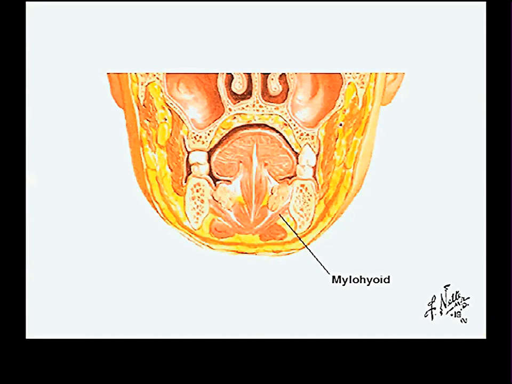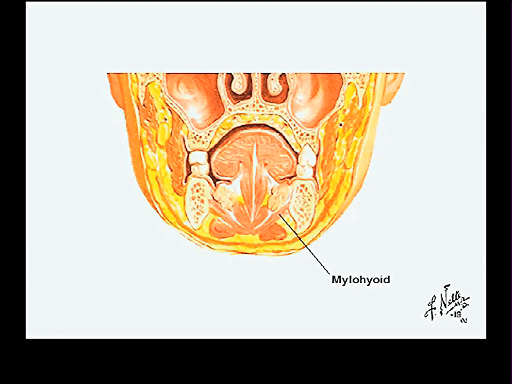Let's take a look at the 3 muscles that do not move the jaw innervated by V3, the mandibular division of the trigeminal. One is the mylohyoid. You've seen it. It's a muscle that, for all intents and purposes, is just a hammock-like structure which bridges from the inside of the body of the right mandible to the inside of the body of the left mandible, bridging across like this.